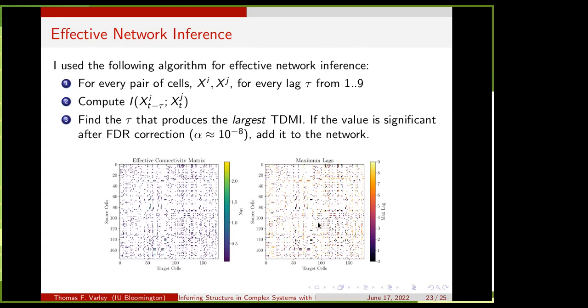And then for each matrix, I also have the lag that gave you the associated edge. It is not as dominated by the degree, I think, as the previous TE networks were. So it's got more of a balanced upper lower diagonal. I mean, to my eye, it looks a little nicer, to be honest, than what I had seen with the previous transfer entropy. I mean, I don't want to throw shade at whoever did the previous transfer entropy network inference, but I think for the statistical problems that I've detailed before, this is a more principled way of building an effective connectivity network.